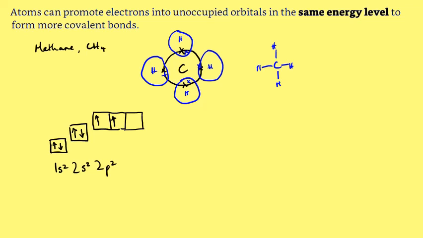Well, it does so by a process called hybridization. The full process of hybridization is not covered in the A-level spec, all right? But it's interesting for your understanding. So what happens with carbon is that it promotes, as the title of the slide suggests, some of these electrons, and I'll show you how. So the 1s electrons, okay, they're in a different energy level altogether, so they're not promoted. But what happens is one of those 2s electrons is promoted up to,